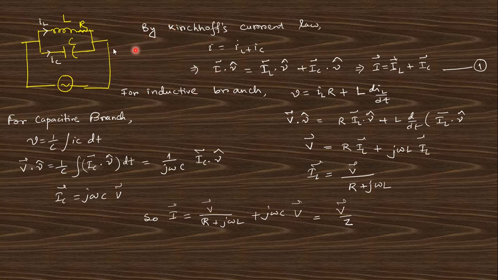If you take this I as the total current, this total current I is nothing but I L plus I C. So in vector form you can write it here, and in the case of the L circuit, by Kirchhoff's voltage law you will get the current I L through this inductor. In the case of the capacitor branch, the potential will be like that. Finally you get this current I C. So the total current will be the summation of these two, and this can be written as V by Z.